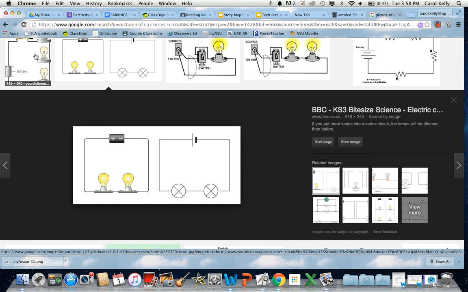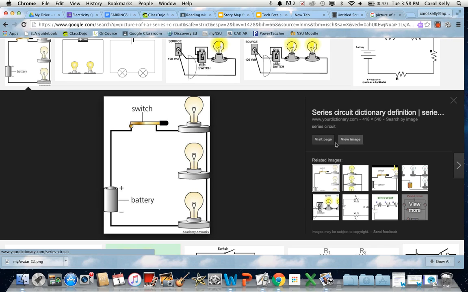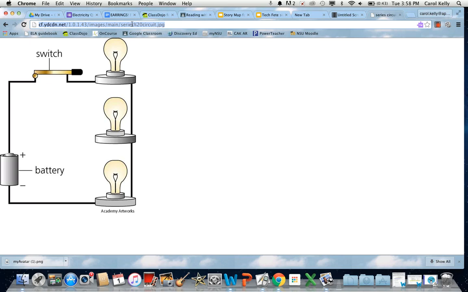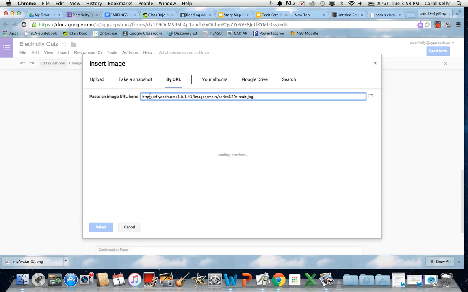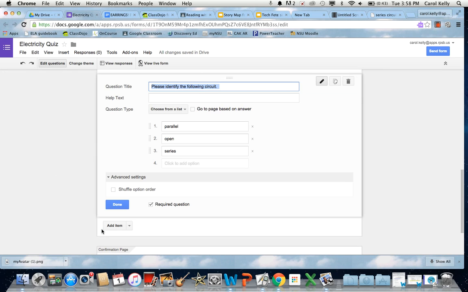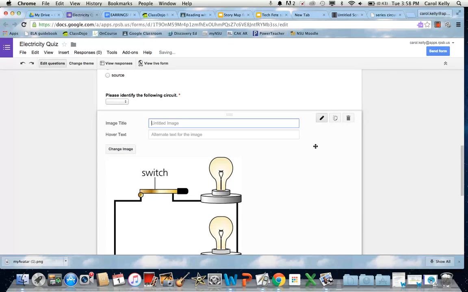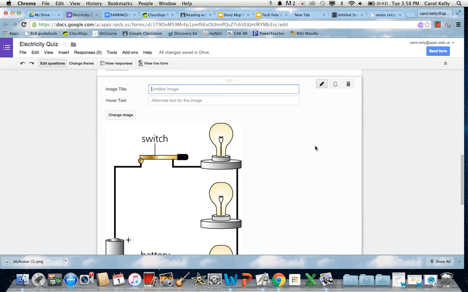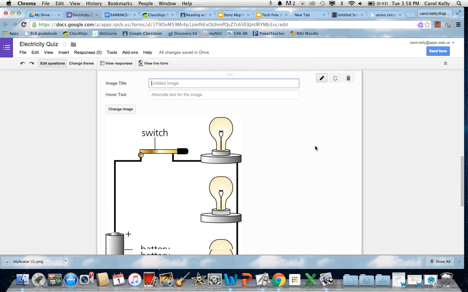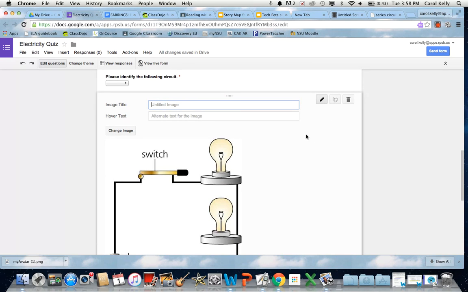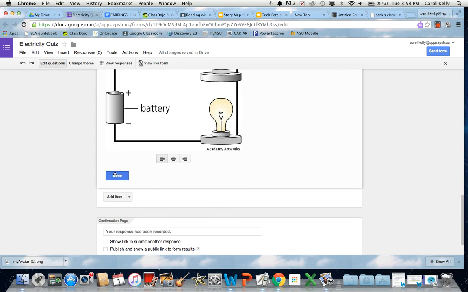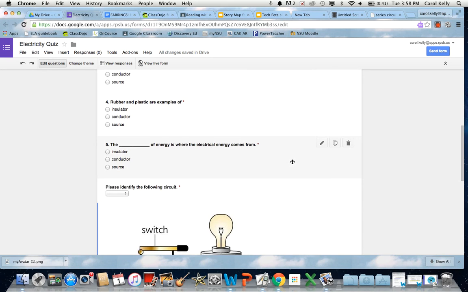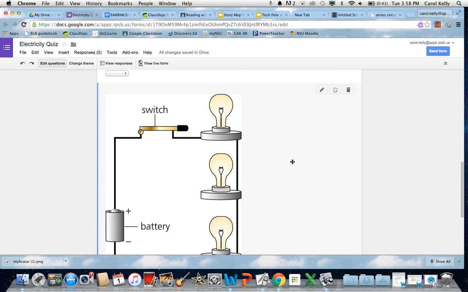Here would be an example. Here's another example. I'll go to view image. It has here a site, so I'm going to copy and paste that. And then when I come back to my form, I can paste that right there and click select. Okay. And I will click done. Now, my picture is below